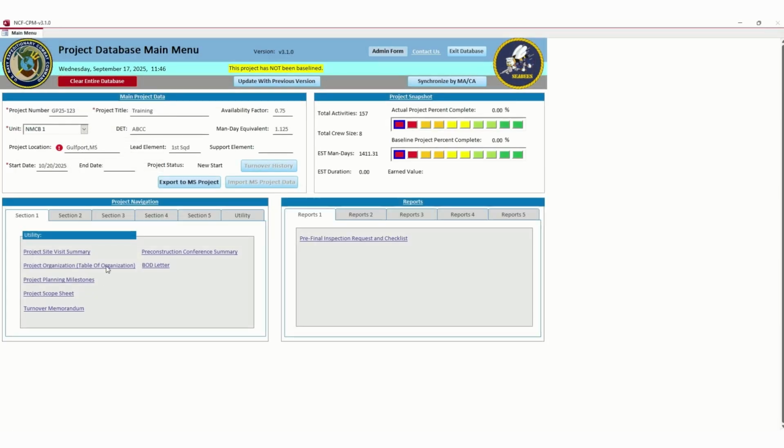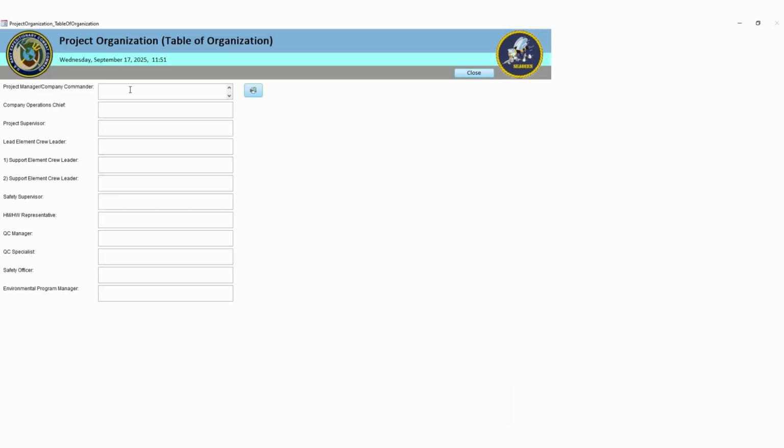Close that. Your organization. You can sit here and fill in your organization. So this would be whoever your project manager is, your company chief, who your project supervisor may be, who your crew leader may be, do you have more than one crew leader, who's the safety supervisor for your project,